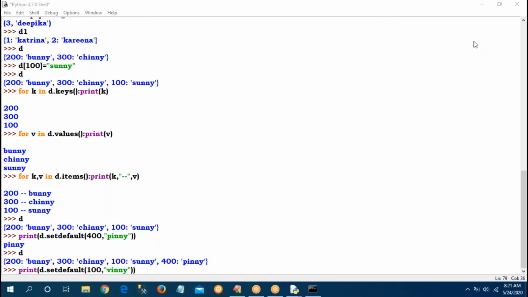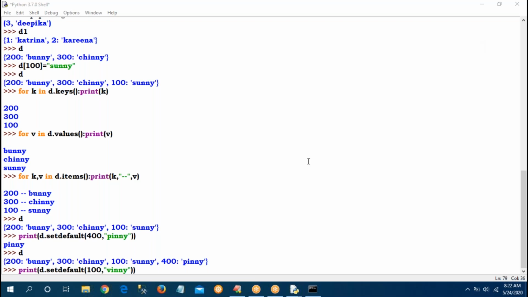Sir, previously 400 was there, and another Winnie with key 100 added? Sir, duplicate keys are not allowed in the dictionary. Already key 100 is available with the name Sunny. So the same key is not allowed, but an error also won't come.